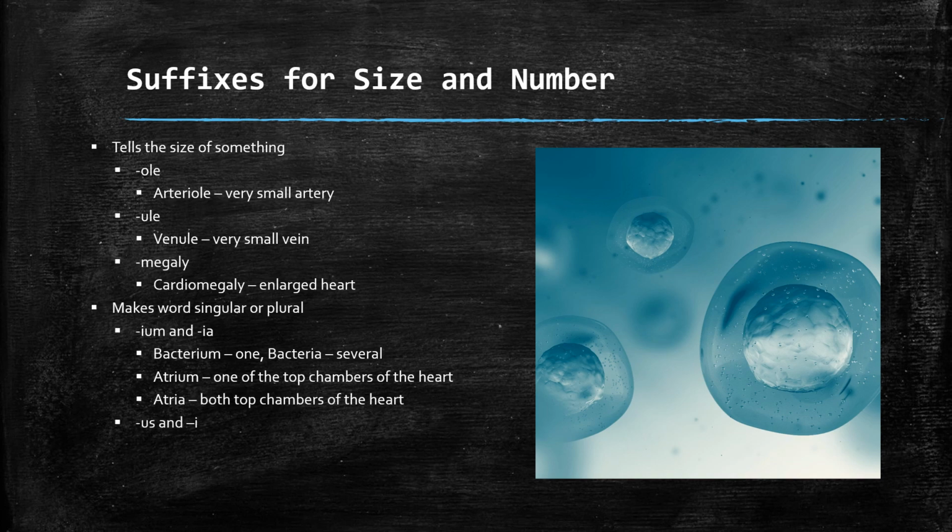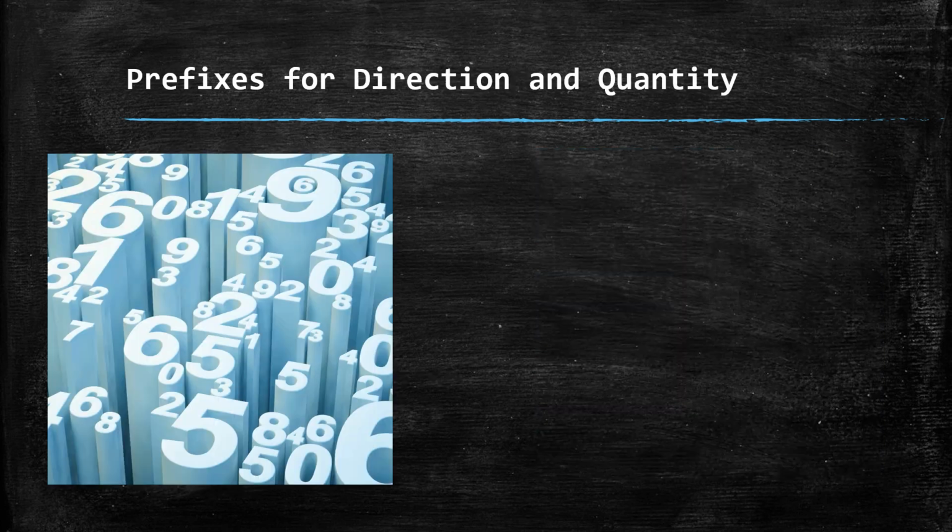The suffixes "us" and "i" also change our root word from singular to plural. One thrombus, which is a blood clot, or several thrombi. Similarly, one embolus with several emboli. Oftentimes, especially in such a precise language like medical terminology, a root word and suffix just is not sufficient, so we need to add more descriptors in the form of a prefix at the beginning to further change the meaning